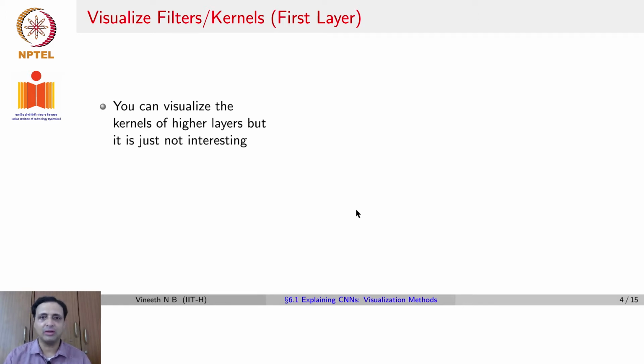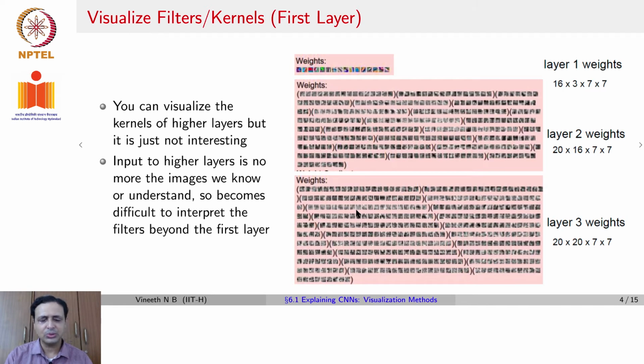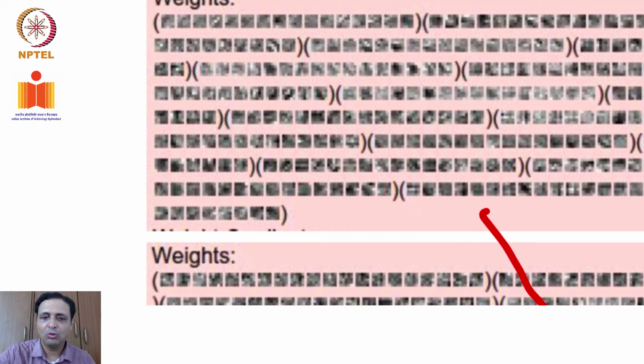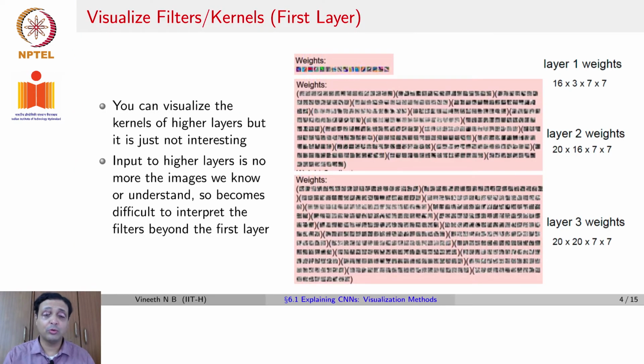But in a more general context, such as ImageNet, which has 1000 classes in the dataset, these kinds of visualizations of filters of higher layers are not that interesting. So here are some examples. You can see that the weights, remember in a CNN, the weights are the filters themselves. If you look at weights in a later layer, it may not be that interesting for understanding what a CNN is actually learning. That's because of the variety of classes that may result in various abstractions across the dataset.